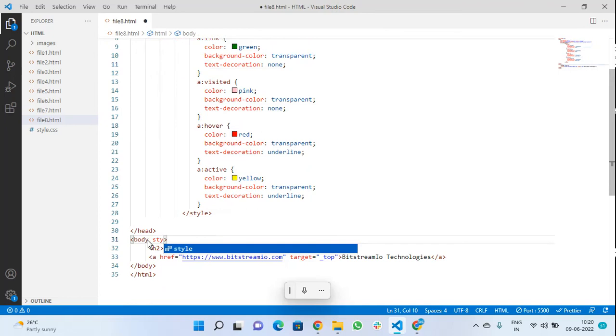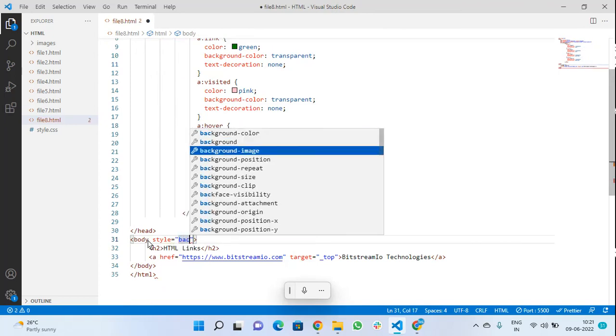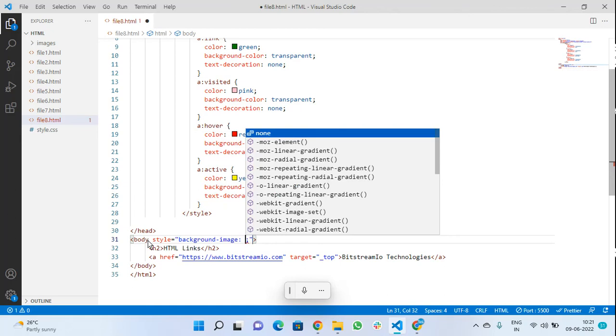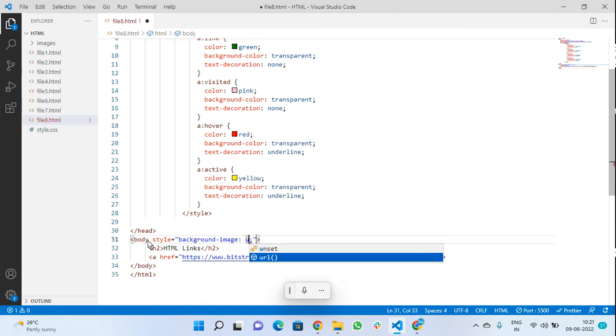So I want to set the background image. URL, forward slash, why is it not coming? URL